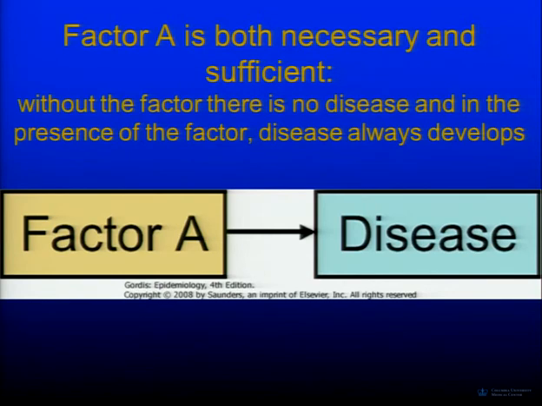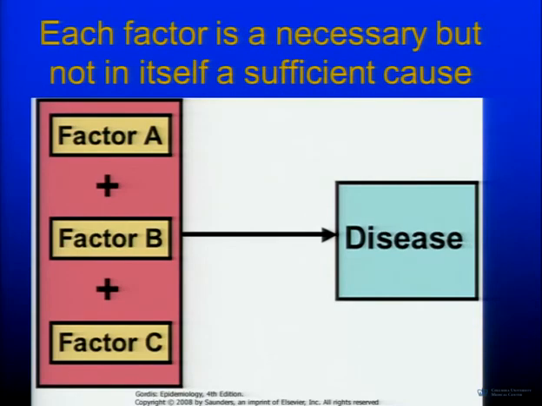Like HIV to AIDS, the disease doesn't always develop, but you always have the chance, so that's pretty true. And for this, factor A could be almost any bacteria or virus you can think of that then goes on to end up with people getting the disease, if it's a really virulent one where most people get the disease when they're exposed. So each of these factors is necessary, but by itself it can't cause the disease. We need all three of these in order for someone to get the disease. It can't be that you're factor A alone, or factor B alone, or factor C. You really need all three.